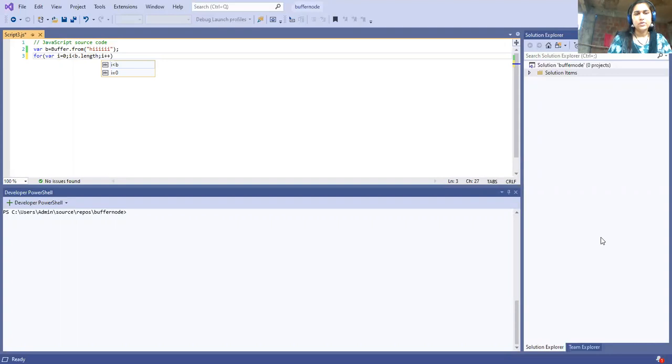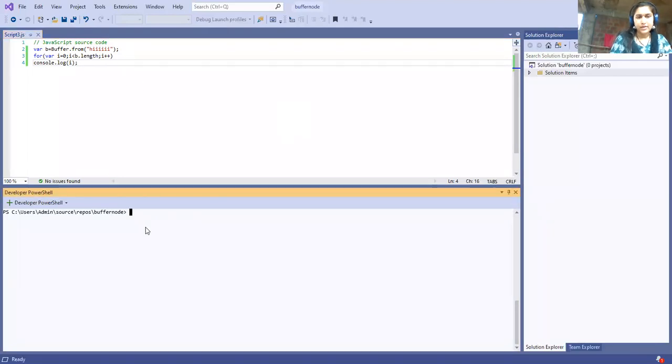And now I want to display the contents of this buffer. So how to do so? console.log, and then I want to display i. Now let us see what the output would be.